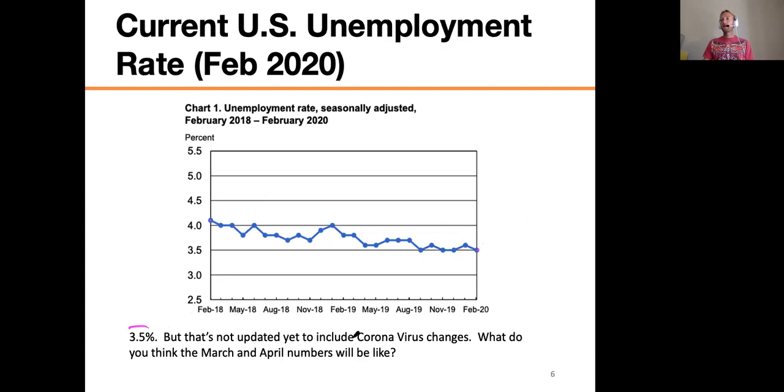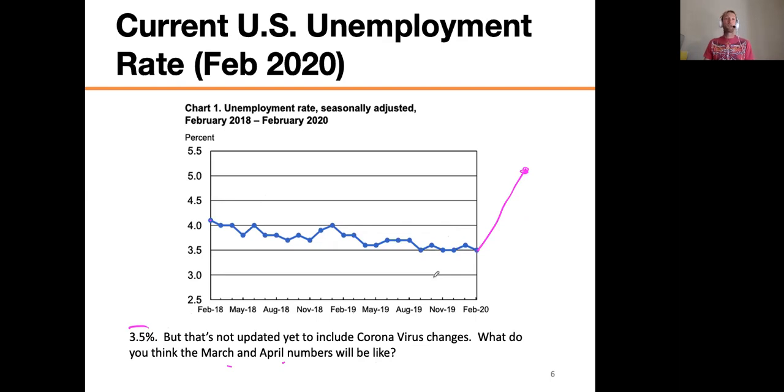Let's be honest, though, the coronavirus changed things. What do you guys think March and April numbers will look like? I guarantee you it's going to be up here somewhere, 5%, if not higher. Okay, so you see that we've had a falling unemployment rate for an amount of time. Right before the recession hit due to coronavirus, we were at the lowest unemployment rate